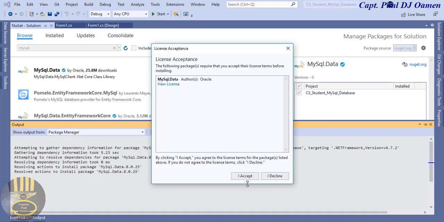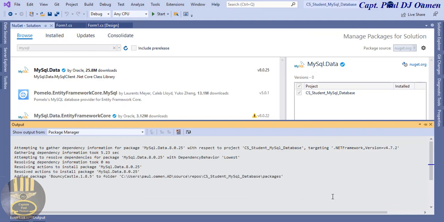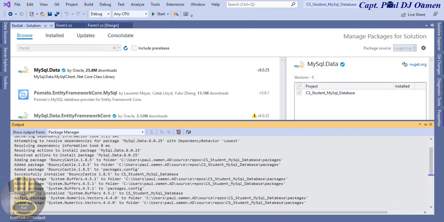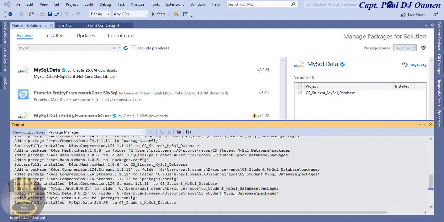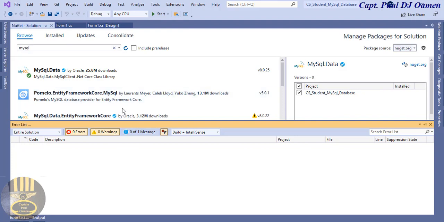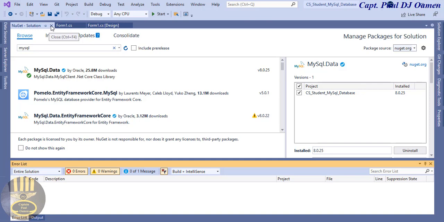Click on OK there, and let's accept the license agreement. There we go. There we go, guys. It's coming up. It's successfully installed. That's fine. So I'm done with that. Now the next thing that I'm going to do is I'm going to come right here,